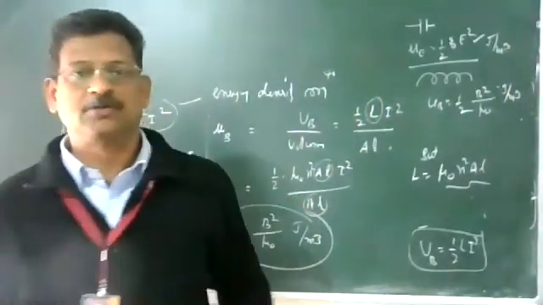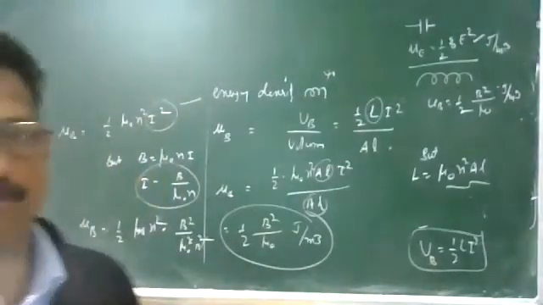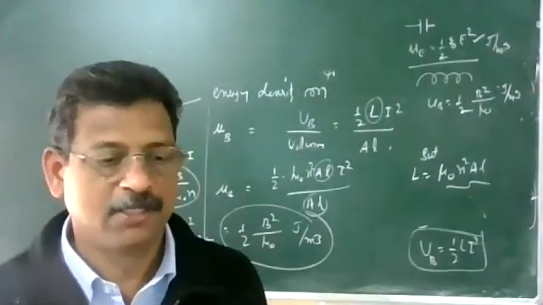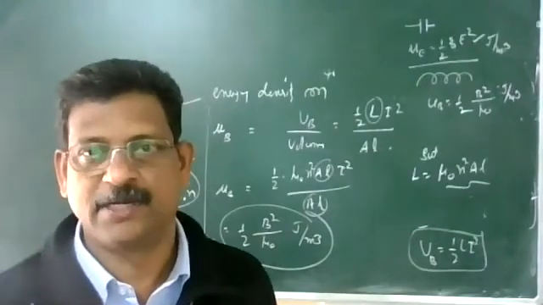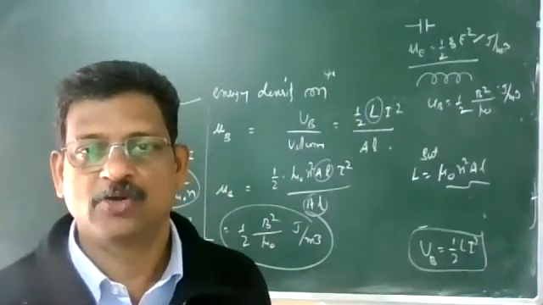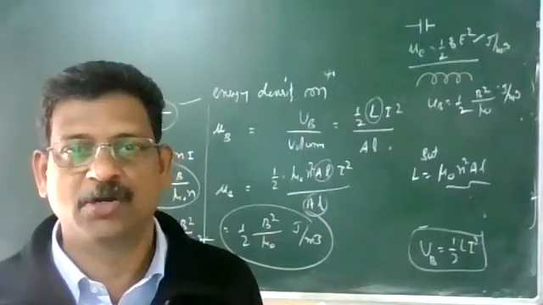This is about the self-induction coil property, very important. The energy in the coil is magnetic energy. Energy per unit volume density is half B square upon mu naught. These two things are very important.